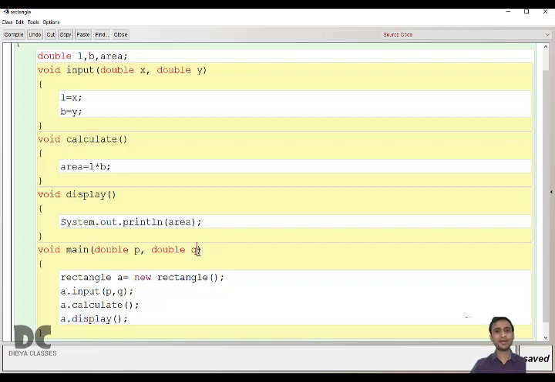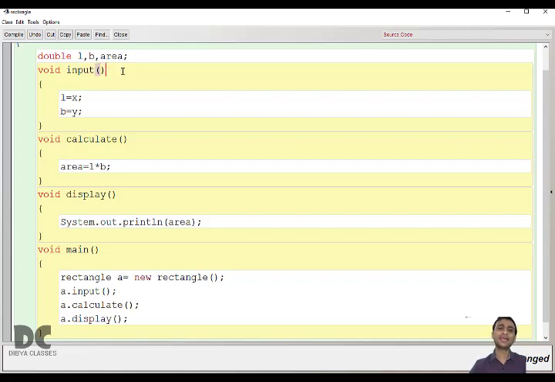Here in parameter, you have to follow the 3-step method. The 3-step method, which I have told you, is only for parameter input. Now we'll do the same program using scanner. In scanner, you don't have to take input in the main method, so we'll delete this part. Since you are not taking input in the main method, you don't have to give any value to the input method. Since you are not giving any value to input, the parameter will remain empty.